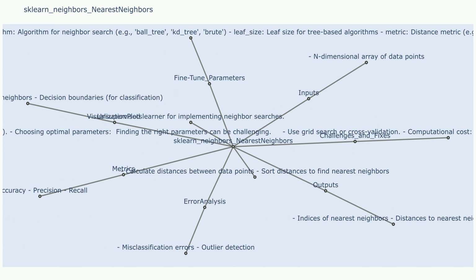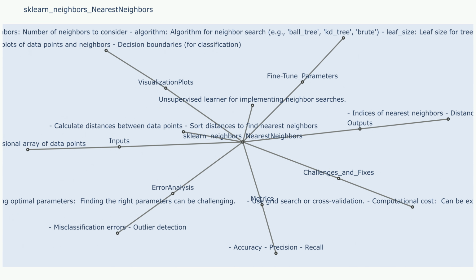Challenge 4: handling imbalanced datasets. In imbalanced datasets where one class has significantly more data points than others, nearest neighbor algorithms can be biased towards the majority class. Sample use case that resulted in Challenge 4: in a dataset where 90% of the data belongs to one class and 10% to another, the nearest neighbors model might predict all points as belonging to the majority class, ignoring the minority class.